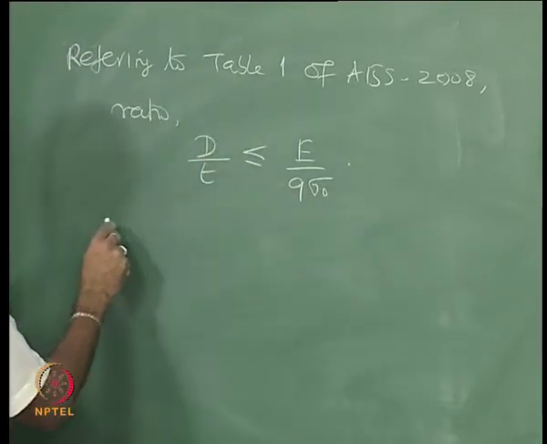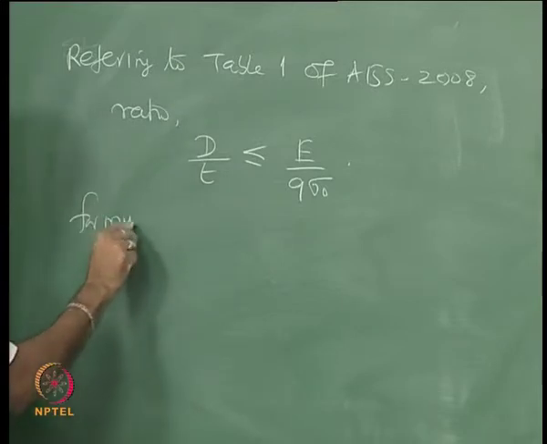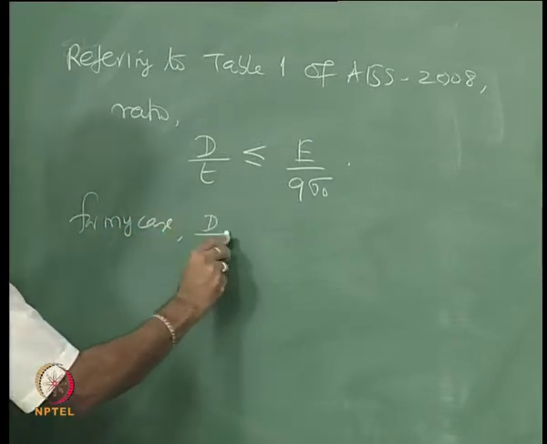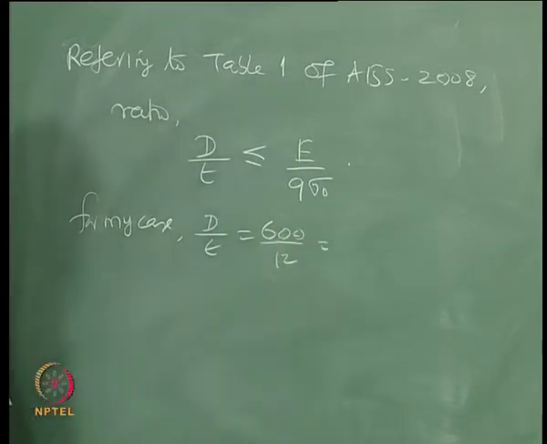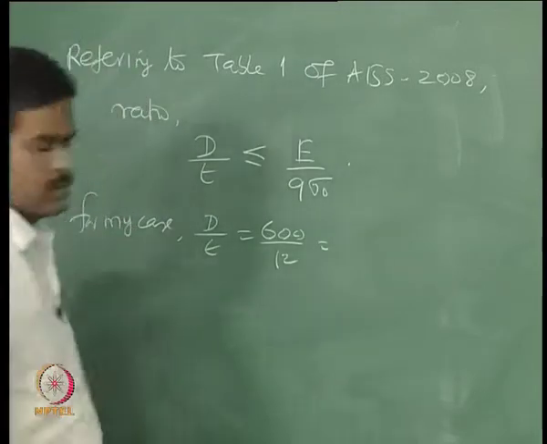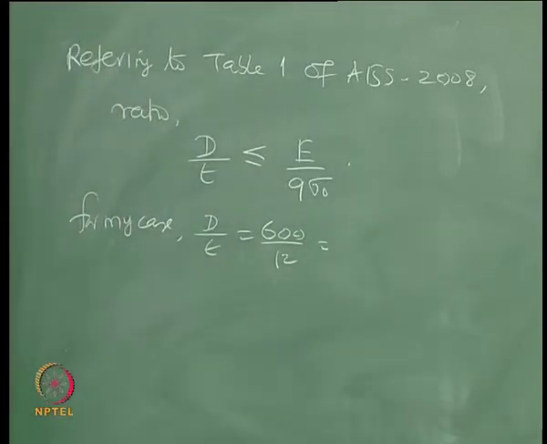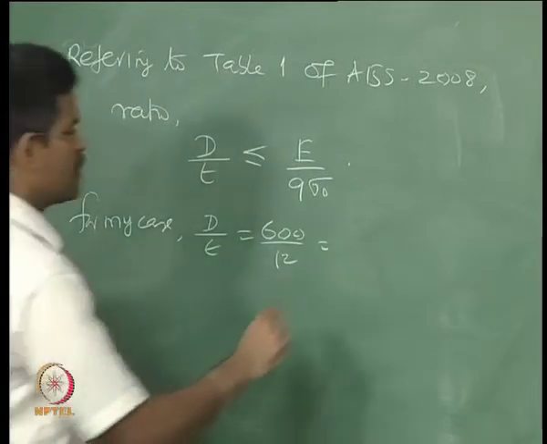Let us say in my example, for my case, d by t is 600 by 12, which is 50,